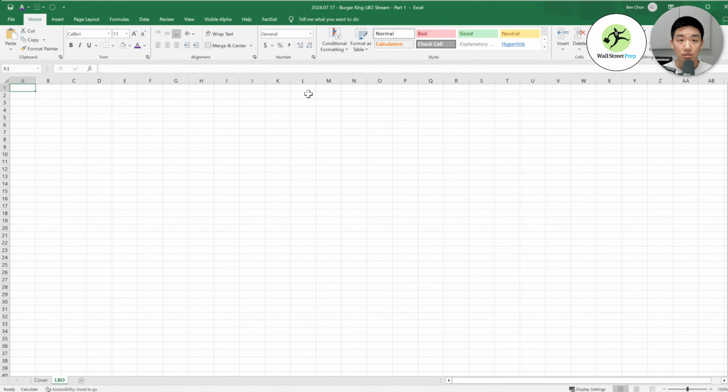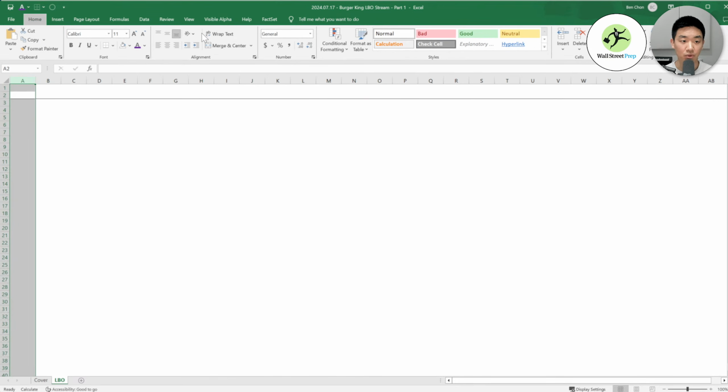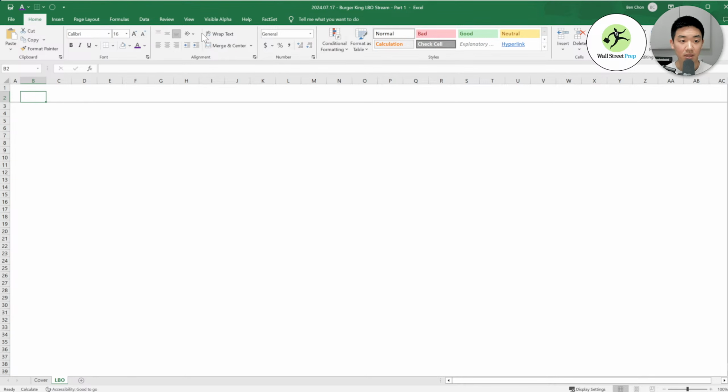I have a screen up here, so I'm going to be looking up here quite a bit. I built everything from scratch, but I want to make the model that we built pretty much the exact same thing as I showed you at the beginning of this video. So to do that, I'm going to be looking up at the model that I built here and there a little bit.